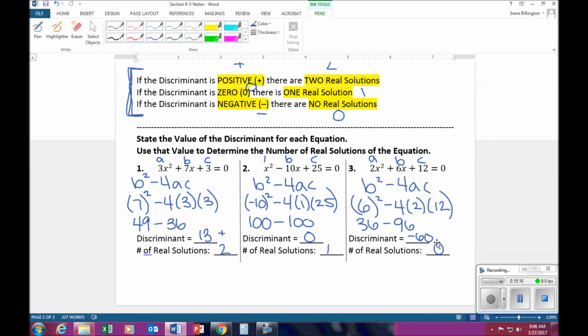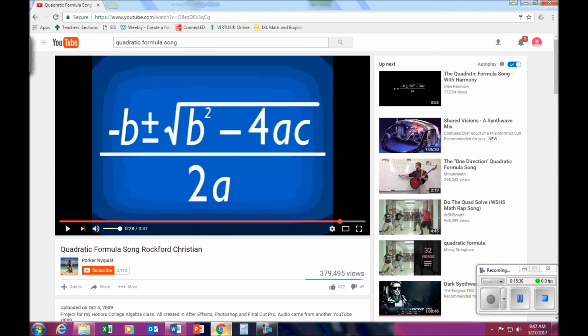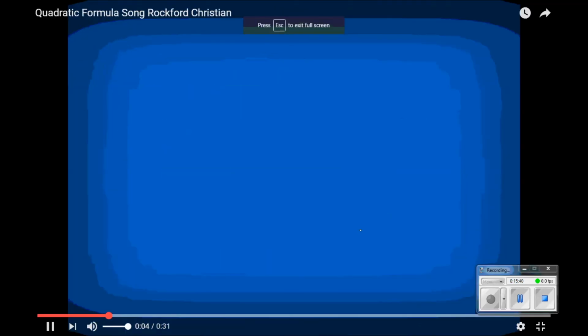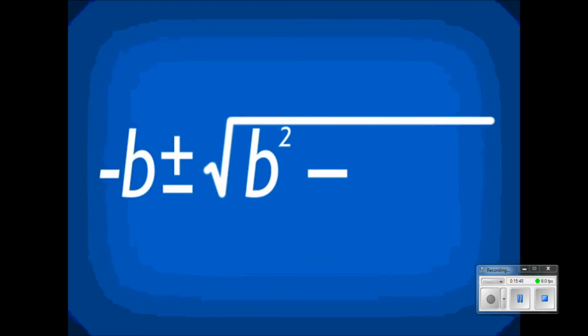So some of your homework is going to ask you to find the solutions. If you're finding the solutions, you must use the quadratic formula, the whole thing. If it's specifically asking you how many solutions there are, just how many, not what they are, you can use the discriminant to remember that. Okay, just for fun, one more time. What is the quadratic formula? The quadratic formula is negative b plus or minus the square root of b squared minus